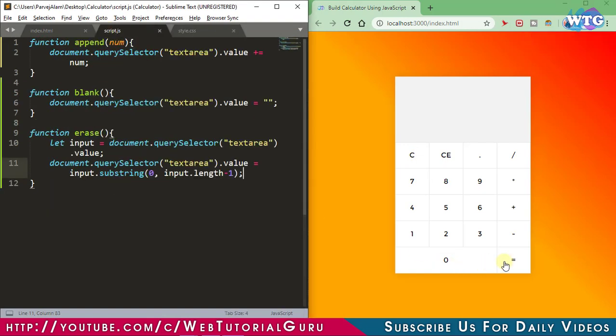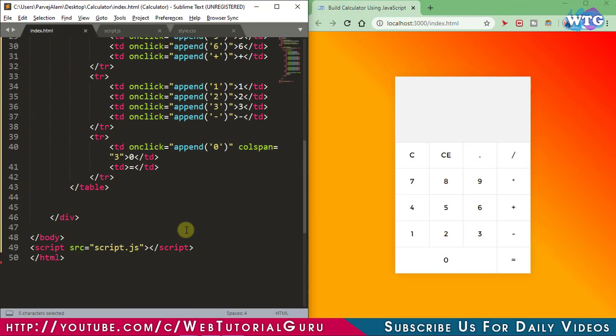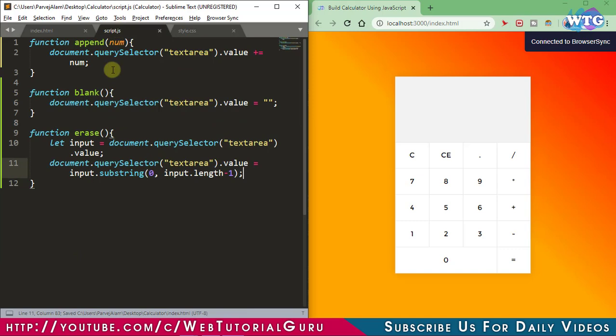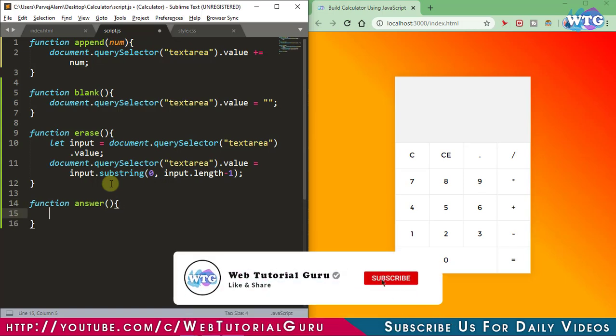Let's create another on-click event to this equals operator. On-click, answer brackets, now create a function with function answer brackets.